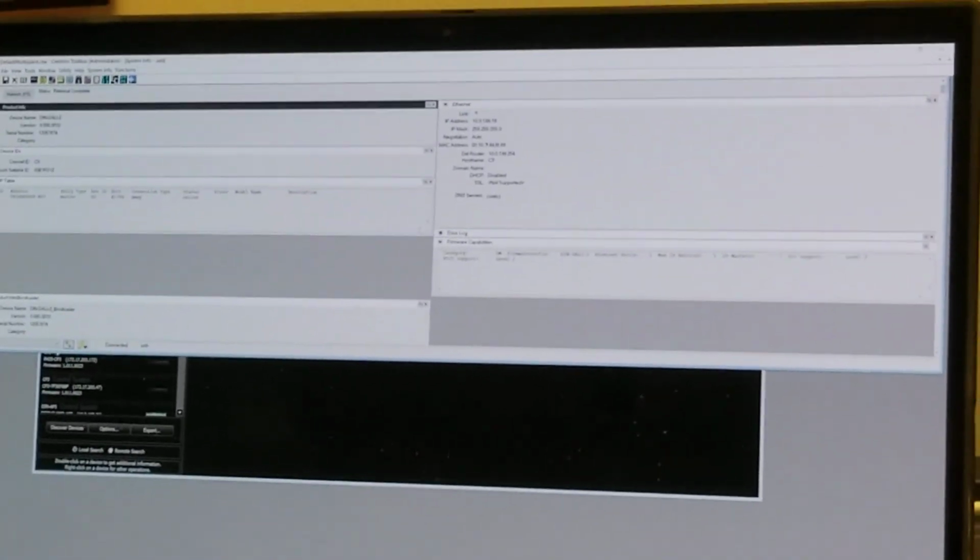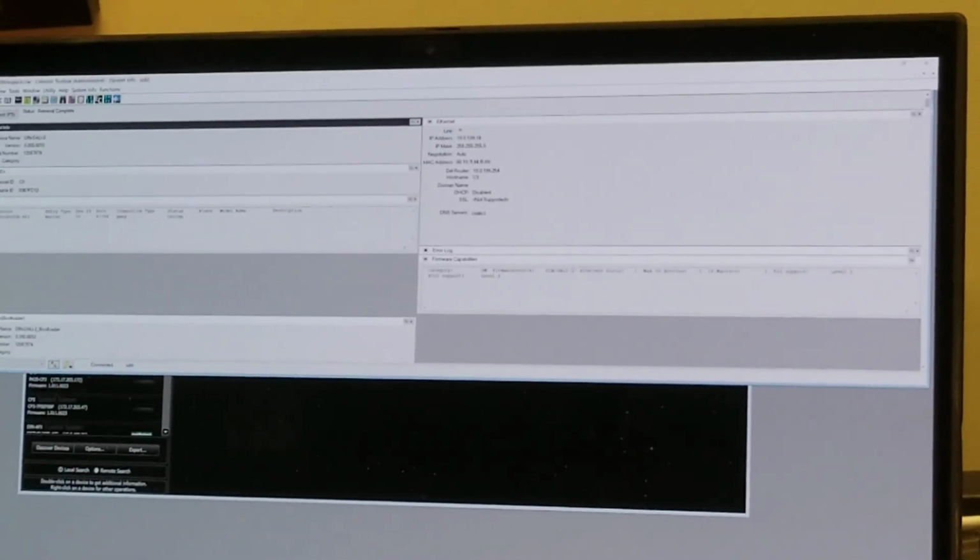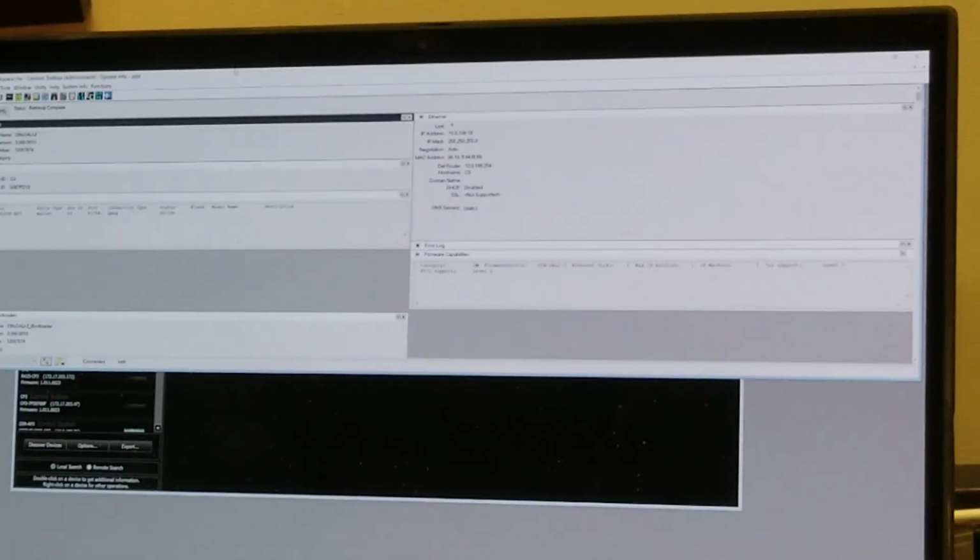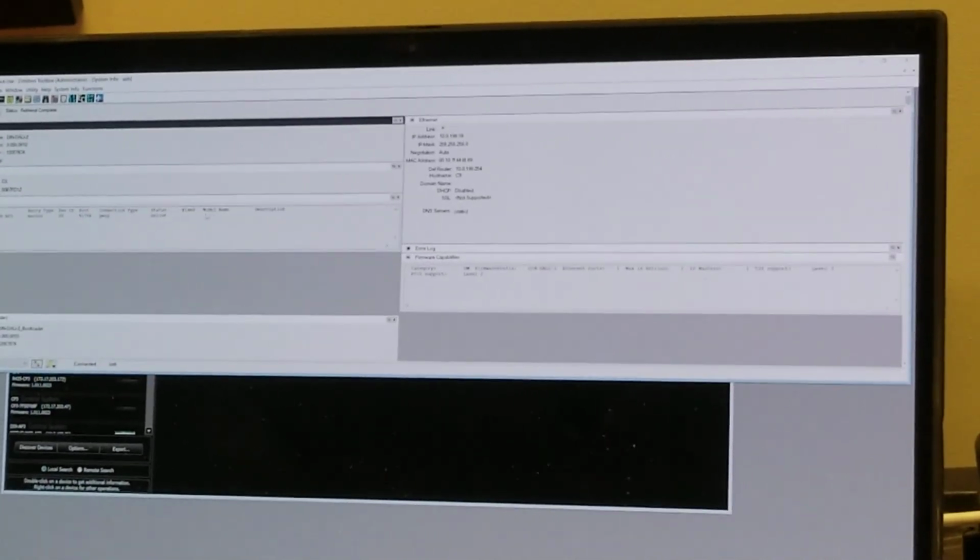I could also try... Does it have the Crestron ID? No, it's talking over